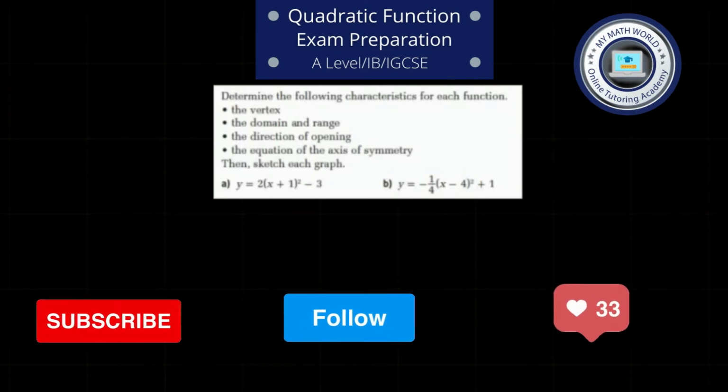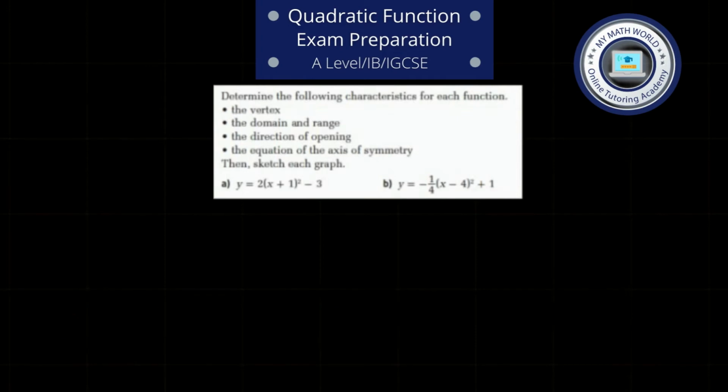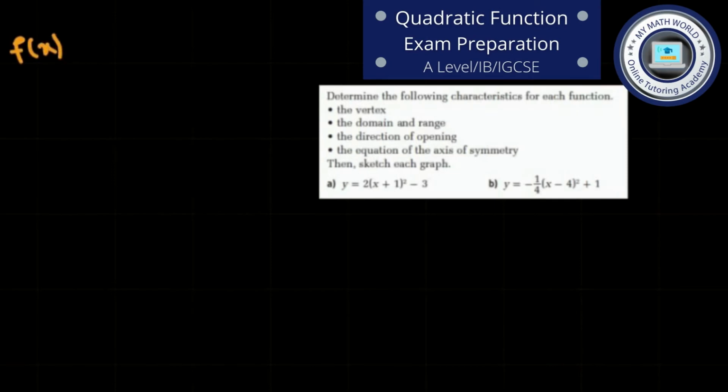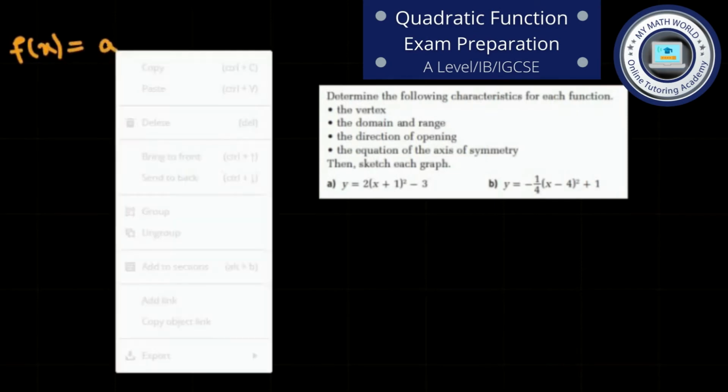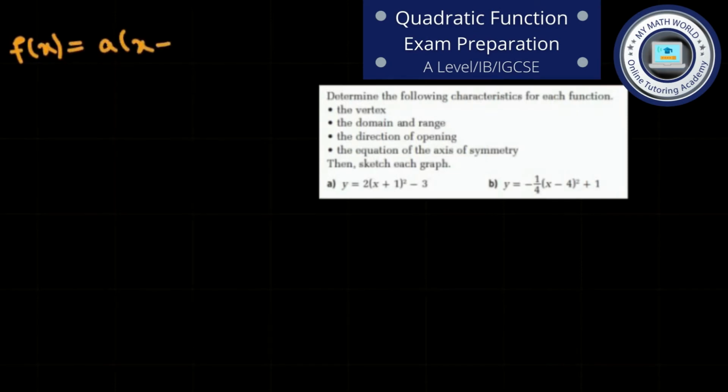Okay students, so in the previous session we discussed the vertex form of the quadratic function, which was f of x is equal to a times (x minus p) whole square plus q. This was the general equation where a, p and q are the constants. So in today's session we will apply the concept of this vertex form of the quadratic function into these specific